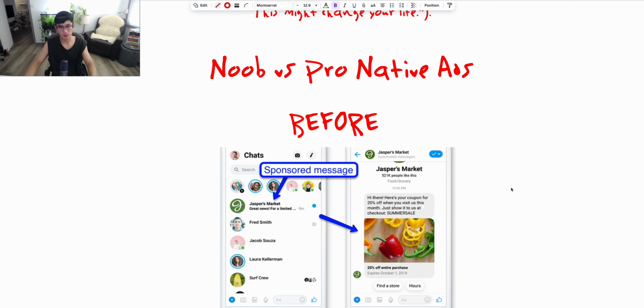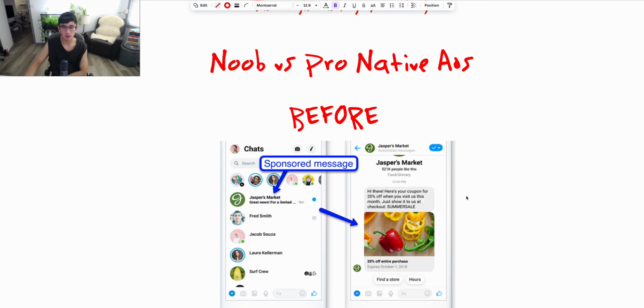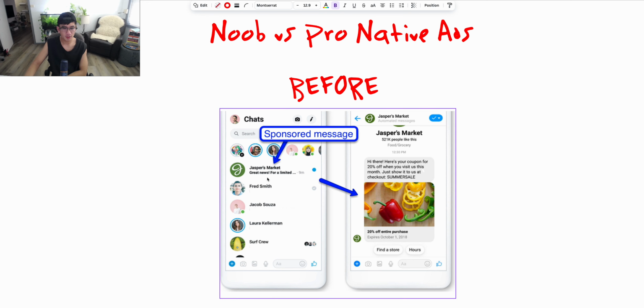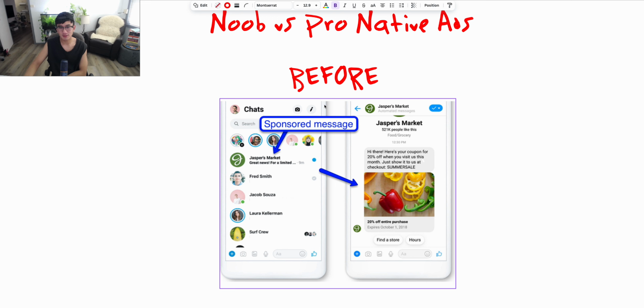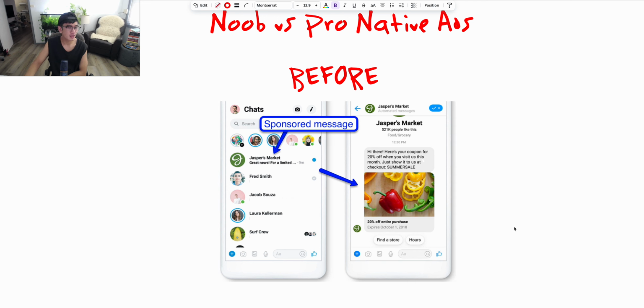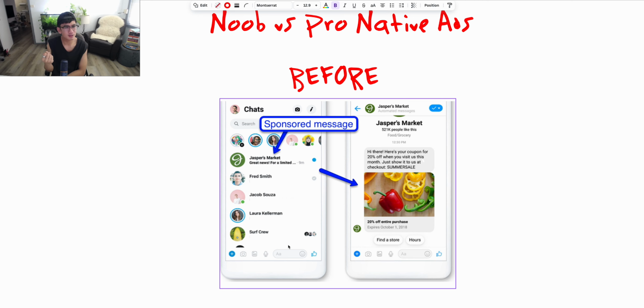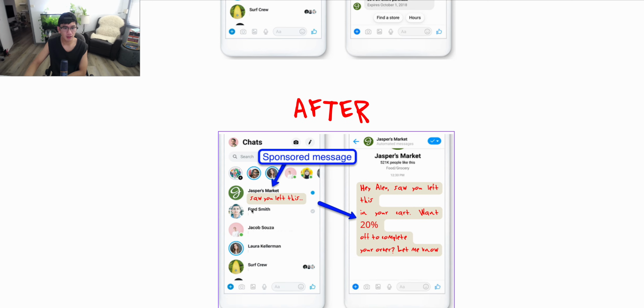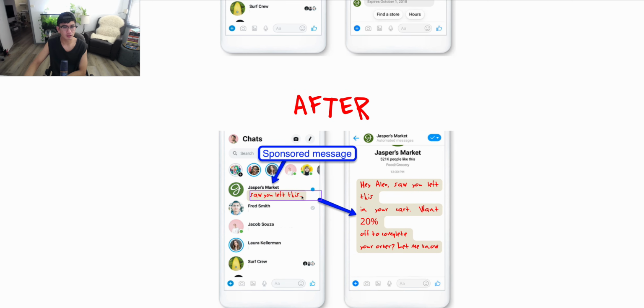So yeah, here's an example of a before and after. I was working with a client, and before he just had something like, "Great news, for a limited time, here's a 20% off coupon." It's very salesy. When you're doing an inbox message, you want to act as if you are a person that's messaging the customer. So after, you want to do something like, "Hey, I saw you left this,"